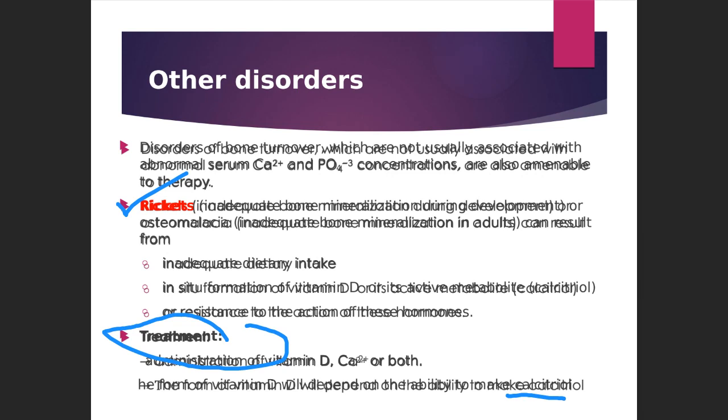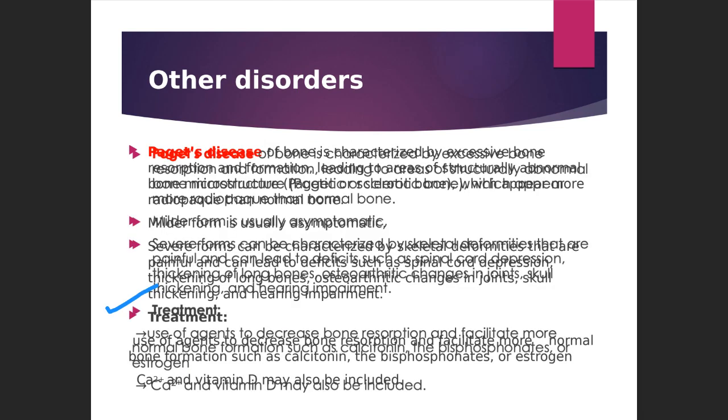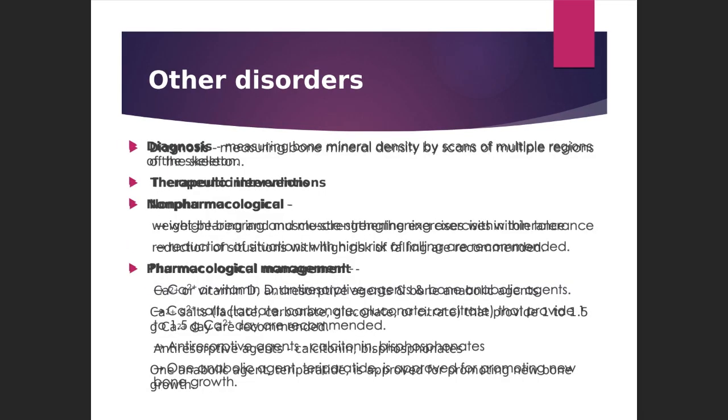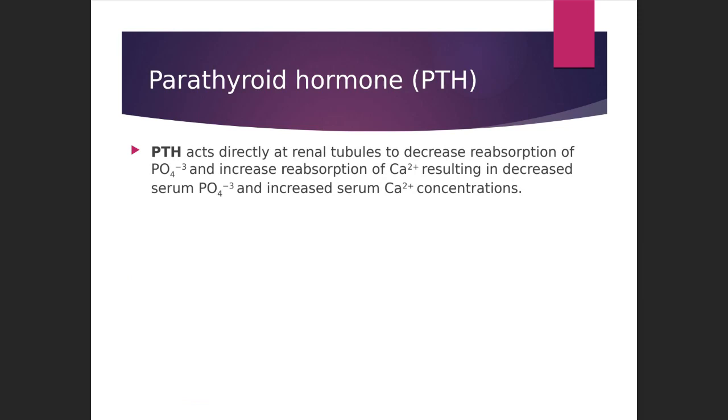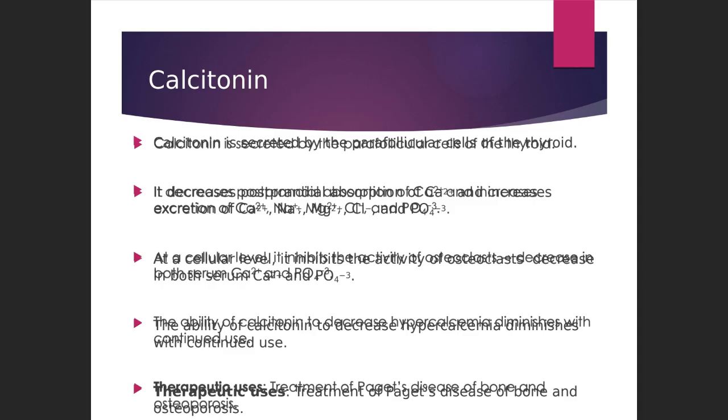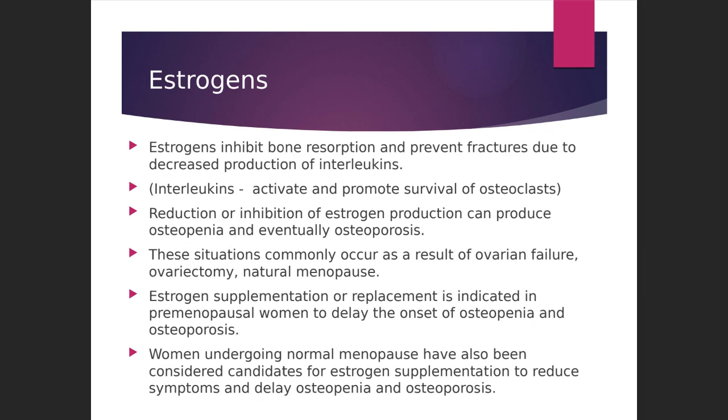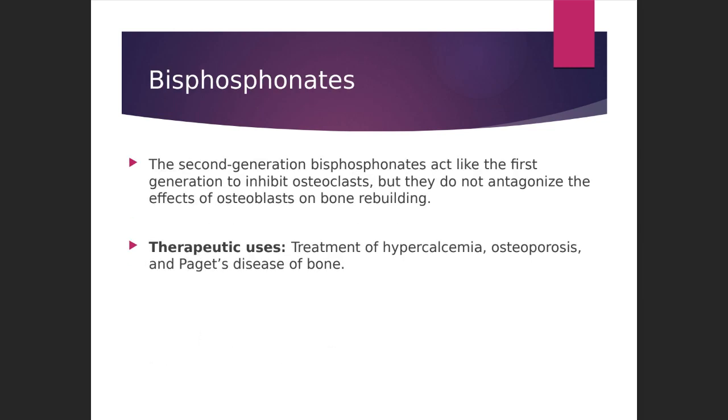So it is based upon the availability and the amount of calcium in the body, what the body needs, the patient condition, and a proper diagnosis, that we choose vitamin D3, bisphosphonates, estrogen, or parathyroid hormone. We have to identify the actual cause and give the proper treatment based upon the diagnosis to overcome these conditions. So this is about calcium and the calcium regulating hormones.